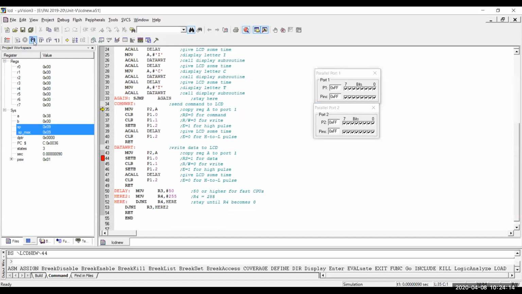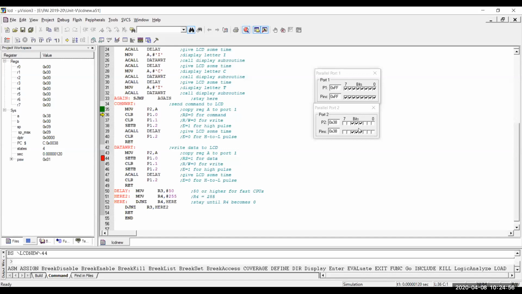You check the step-by-step execution, whether the value of P2 that you are setting in your program is what you are getting in the parallel port or not, and whether you are getting it in the P1 port or not. You can only check that type of thing in Keil. But the actual display you cannot see in the Keil simulator, because it is an interfacing assignment. The output of the interfacing assignment you can get only on the external device. In Keil you cannot get that type of output, but you can check the output in parallel port 1 and port 2.